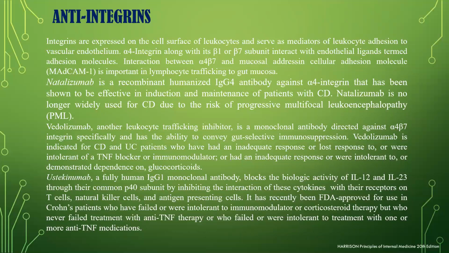convey gut-selective immunosuppression. It's indicated for Crohn's or ulcerative colitis patients who have had an inadequate response or lost response to, or were intolerant to, tumor necrosis factor blocker or immunomodulator, or had an inadequate response or were intolerant to, or demonstrated dependence on, glucocorticosteroids. Ustekinumab, a fully human immunoglobulin 1 monoclonal antibody, blocks the biological activity of interleukin 12 and